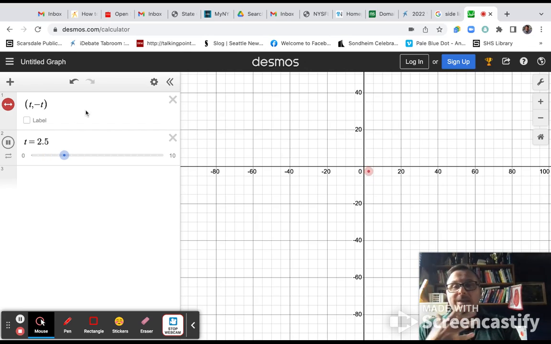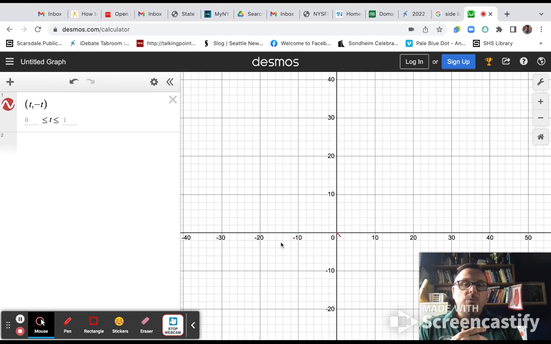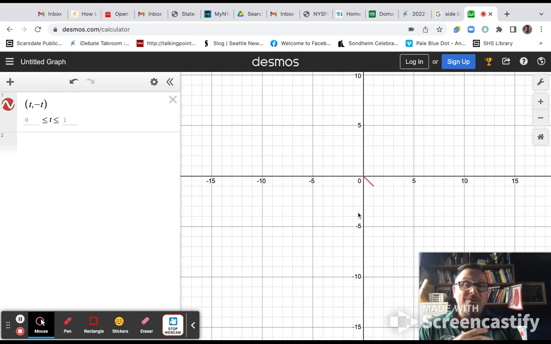So we can get rid of this as we want, click there, and it gives us back the actual path itself. So we can plot the path. We can see a particle moving on that path by using the slider bars. So there's a lot of really interesting things that you can do with Desmos that helps us take parametrics and allow us to really visualize the motions that they represent in the Cartesian coordinate plane. So hope this little